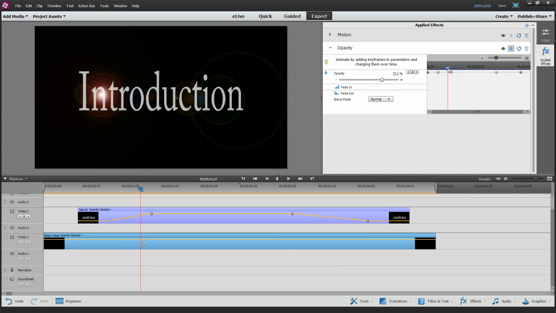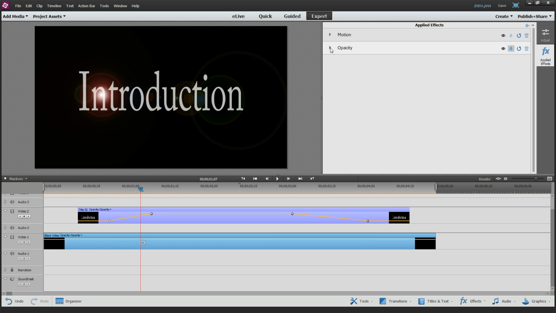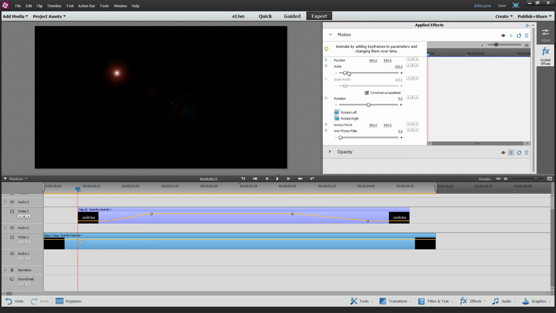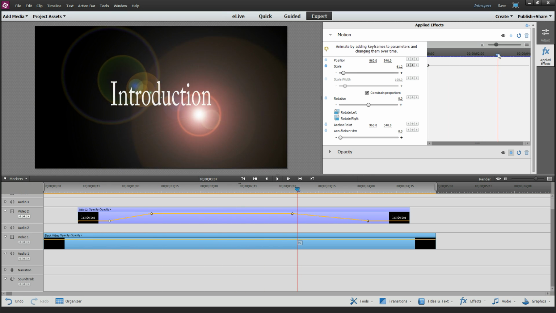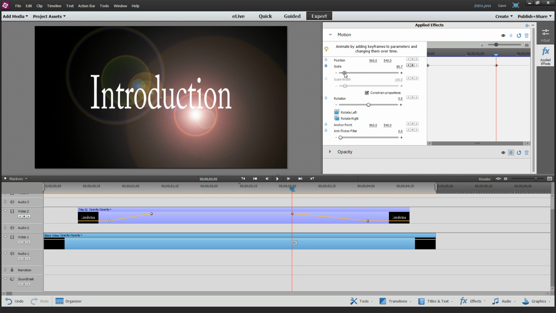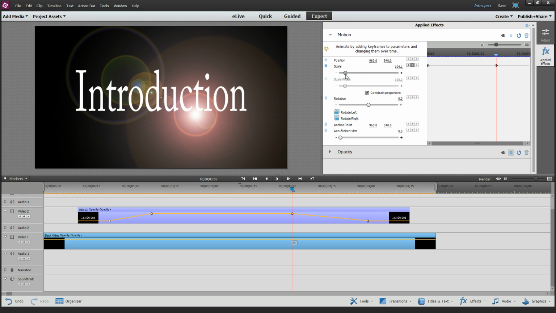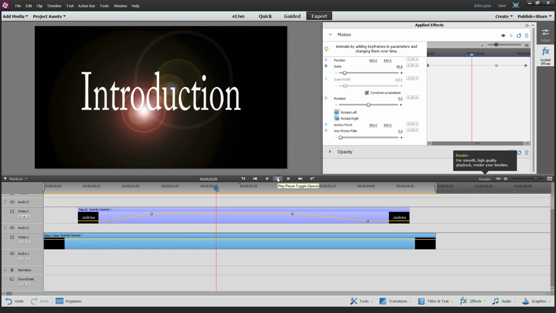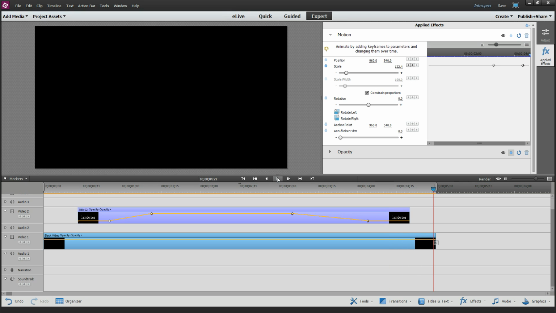All right, something else I always like to do is let's get rid of the opacity. Let's go to the motion on our text, and I always like to have the text start off maybe a little bit smaller, maybe 80% or something, then get larger up to, say, 100% or whatever. I don't know, pick a number, any number, and then maybe have it just very slightly get a teeny bit larger. That way it's got just a small amount of animation to it. So you can see the text get larger, come into opacity, and then it just kind of fades out. So in just a few minutes, we've created a neat little intro.